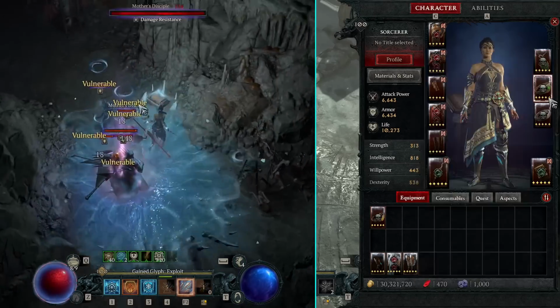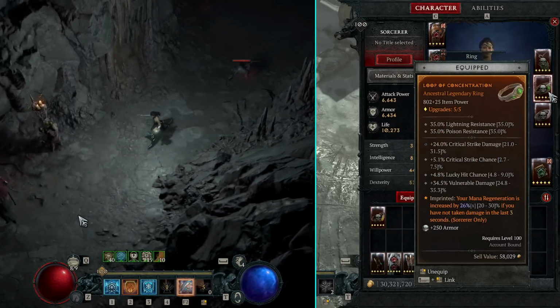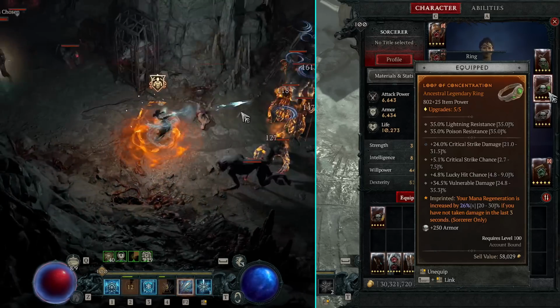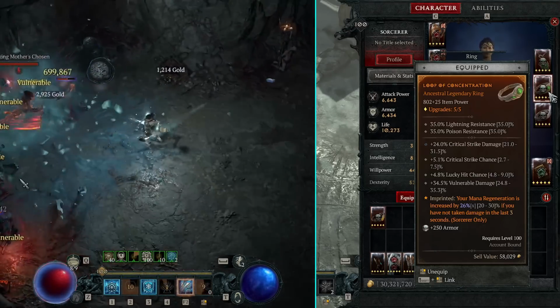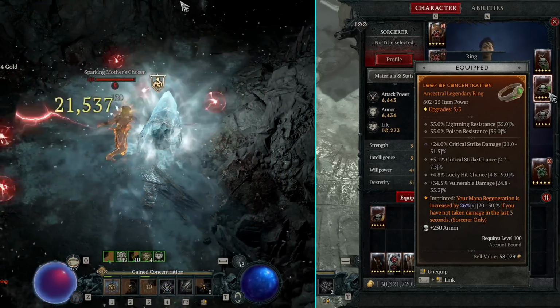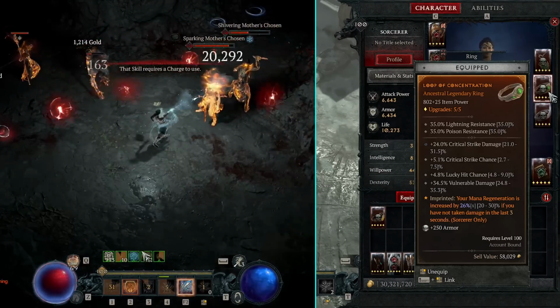Now for both the rings, I do have the same stats. So critical strike damage, critical strike chance, lucky hit chance, and vulnerable damage. This is basically the best stats you want for the rings, but there are other stats that you can use. And for the legendary aspect, for the first ring, I have your mana regeneration is increased by 26% if you have not taken damage in the last 3 seconds. This is just in case I do run out of mana, my mana will